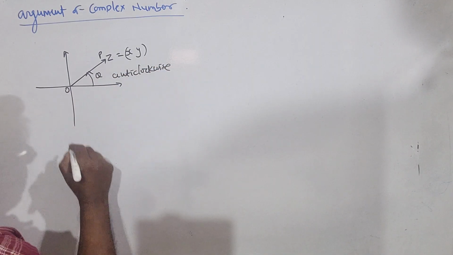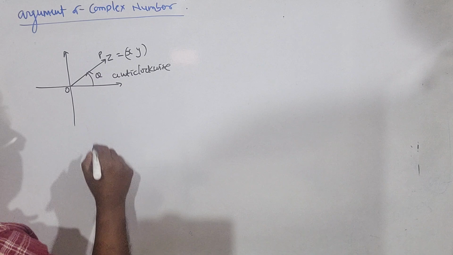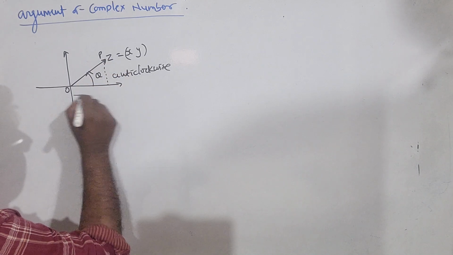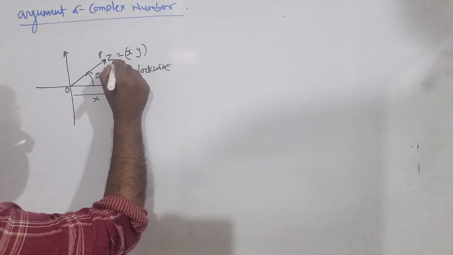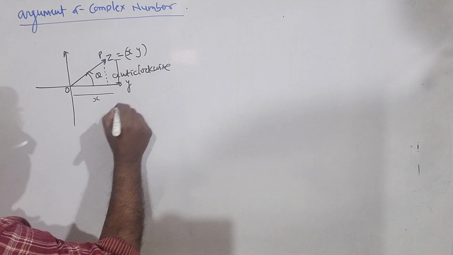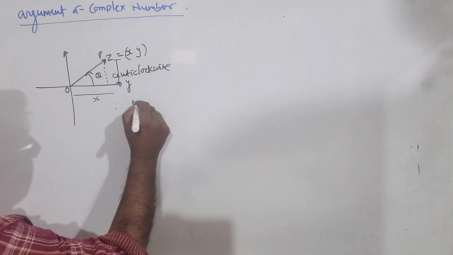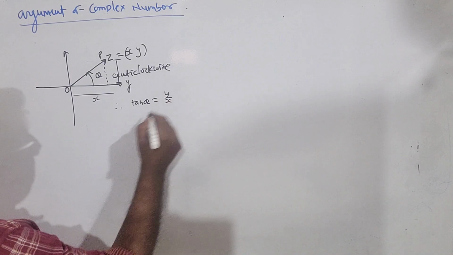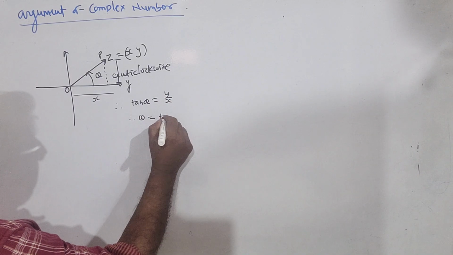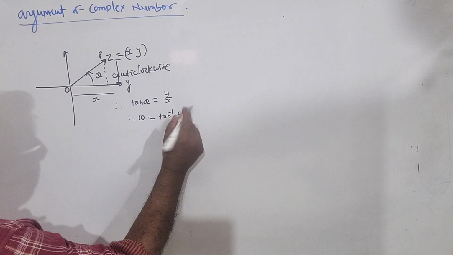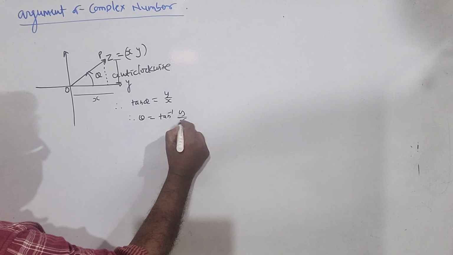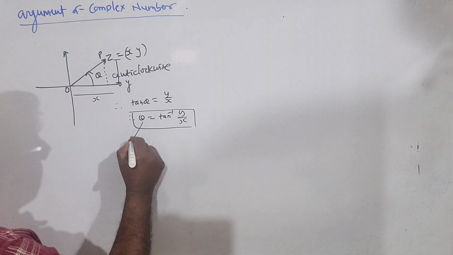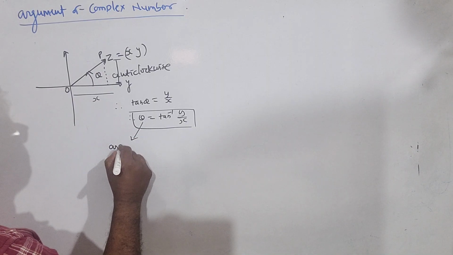So at this time you can have this triangle. This length is x, this length is y. So therefore tan theta, by trigonometry, I can find out as y by x, and therefore theta is equal to tan inverse y by x. This theta is your argument